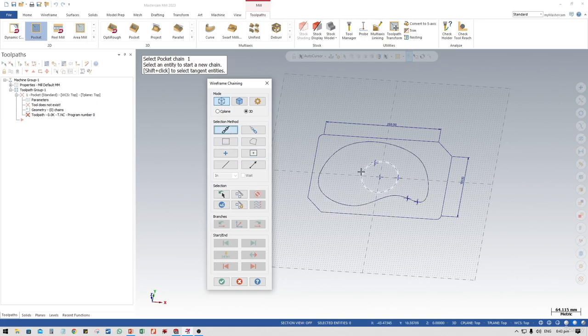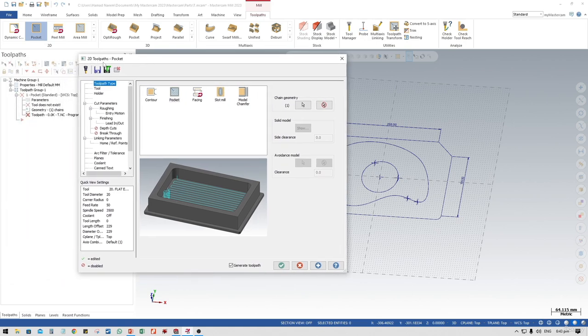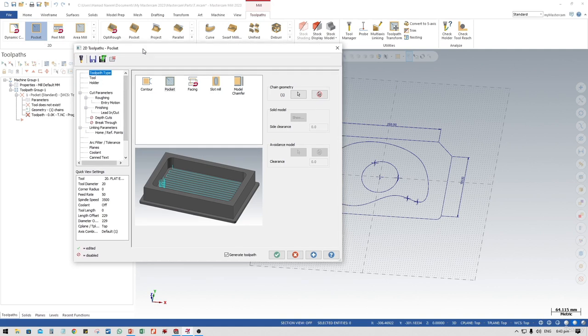I'm going to chain this circle. So just click on this circle. So we have got this selection, and what we are going to do is make a pocket over here. So we have the strategy open, which is a 2D toolpath pocket strategy, and here we have